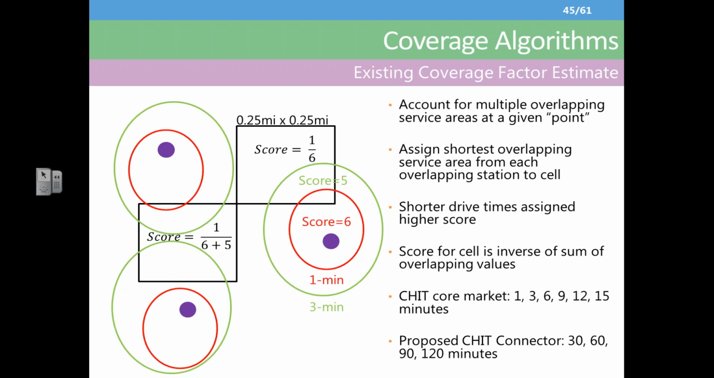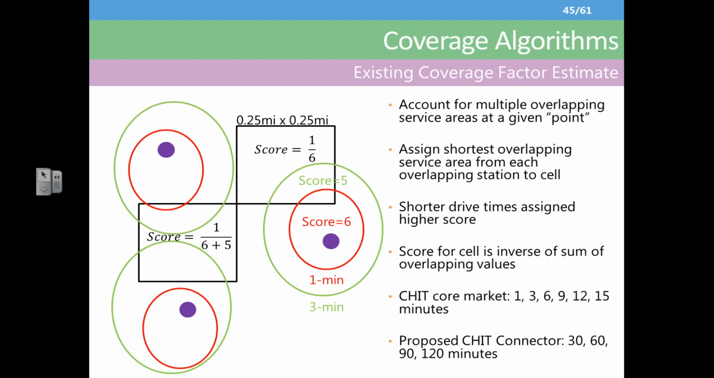It has a higher degree of convenience to that cell. But if you have 2 stations that are reasonably close, that cell has even more convenience, more coverage provided to it. And so this is kind of the basis of our coverage calculation algorithm. And for the core market analysis that we did in 2015 and have been doing, we look